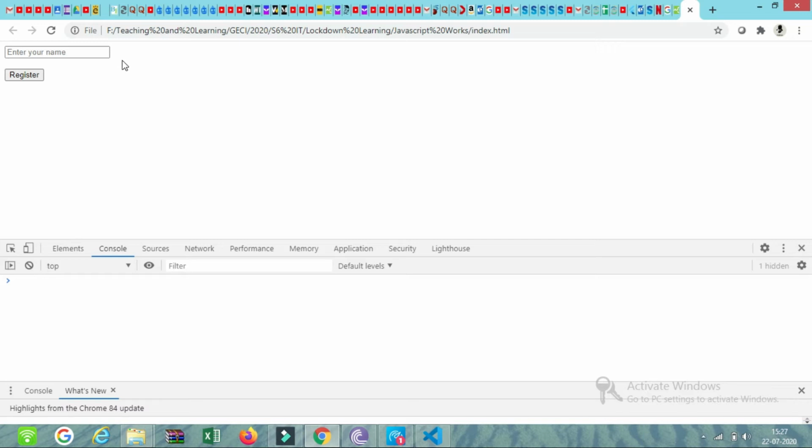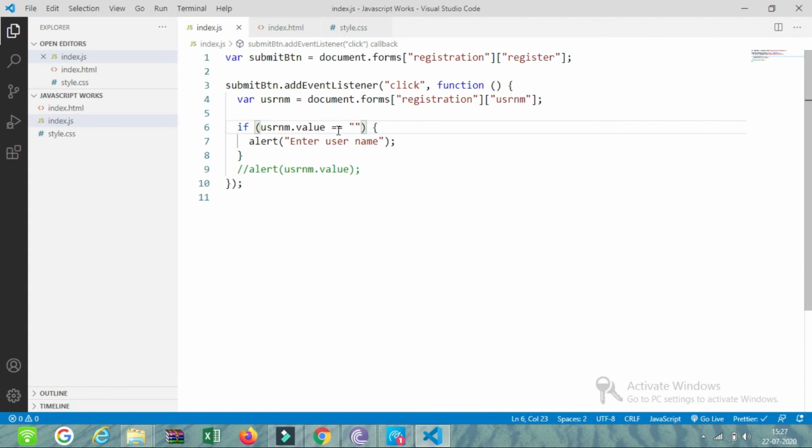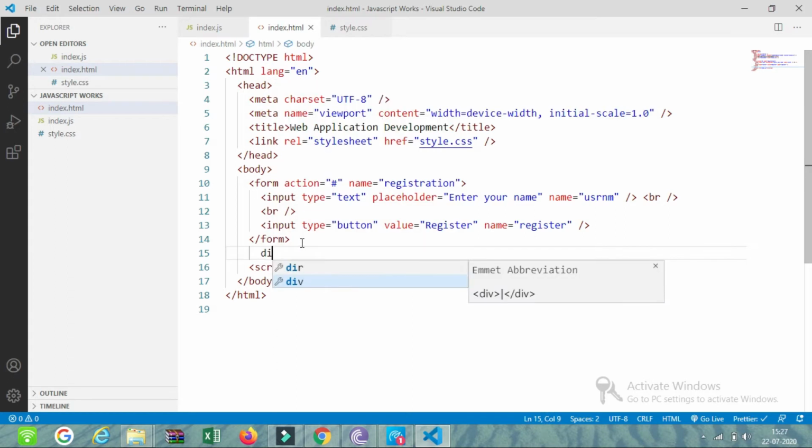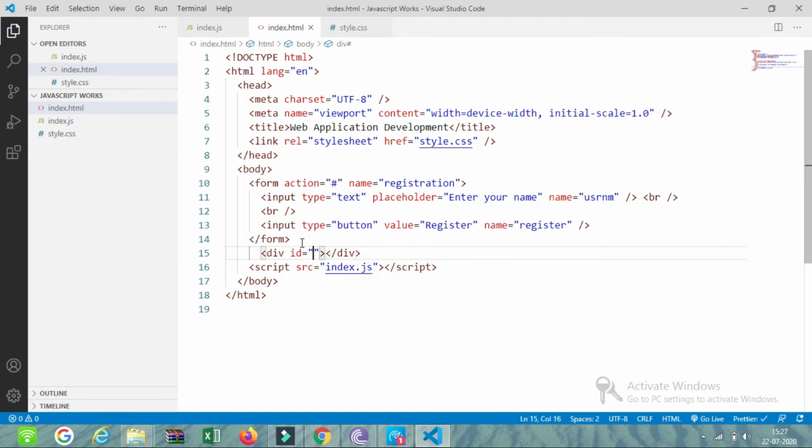How can we do that? Whenever we get an error, we need to print that error below the form. So that's the thing we are going to do next. Let's see how we can do that. For this purpose, I will first create a division with some ID, and that division is blank. Here I will give the ID as error MSG, which will be the corresponding ID given to that division.